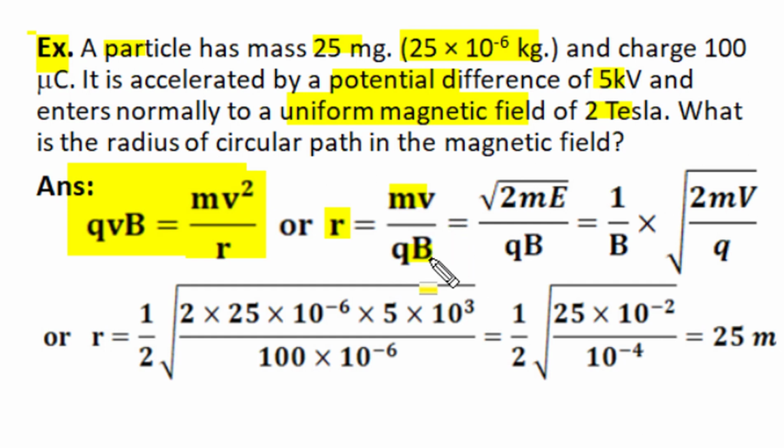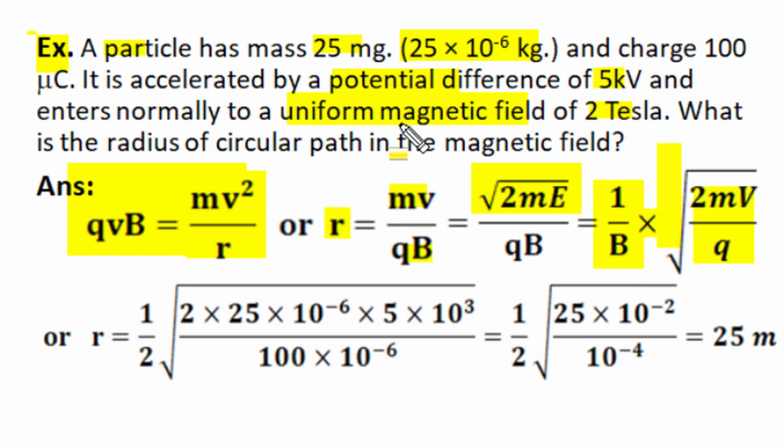B is the existing magnetic field, normal to velocity, in Tesla. Now in place of the velocity of the particle, we are given the accelerating potential of the particle, and the accelerating potential has a relation with the kinetic energy of the particle. So in place of momentum p, we can write root of 2mE, and in place of energy, when we write charge multiplied by accelerating potential, this root of charge with the charge when simplified will give us the radius relation as 1 divided by the magnetic flux density multiplied by root of 2 times mass and accelerating potential divided by